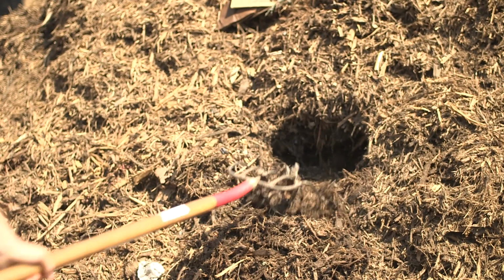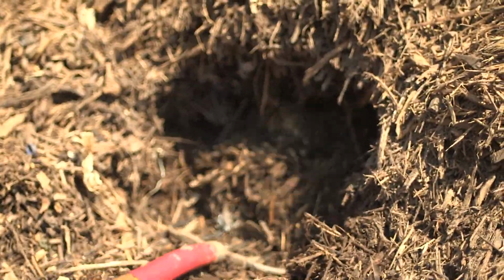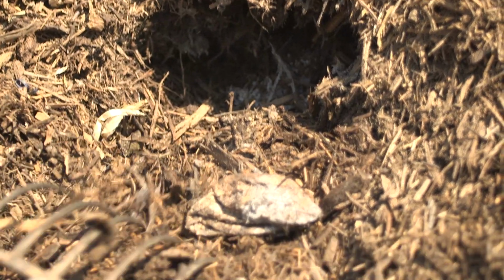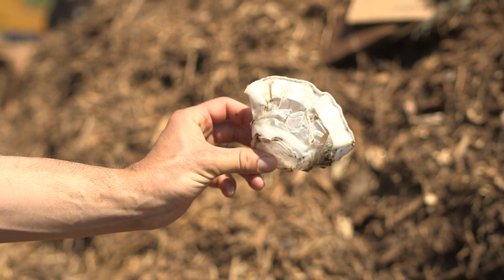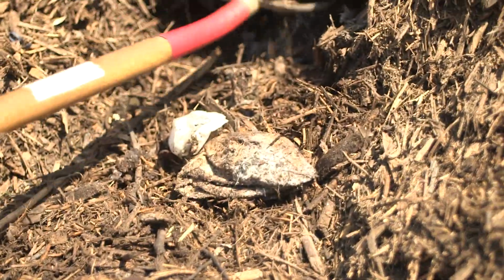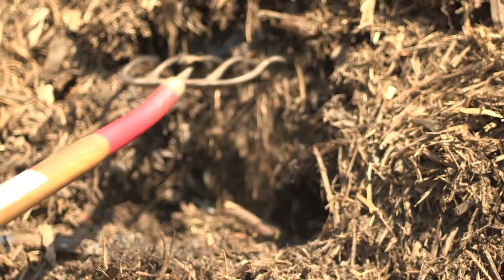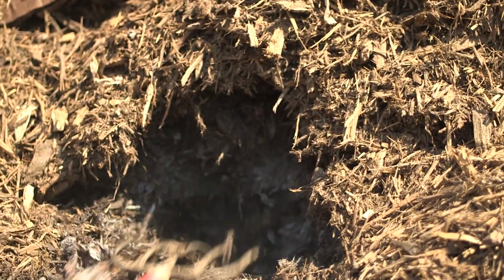So after a week, the material starts to almost become indistinct in terms of what it was. So you'll see there's a compostable plate. Some of the compostable products start to look like this after just a week. By about 2-3 weeks, this is completely gone and just breaks down into smaller and smaller particles. But this is all food waste from over a week long, and you can start to see the decomposition process